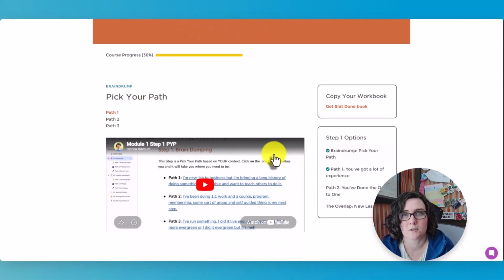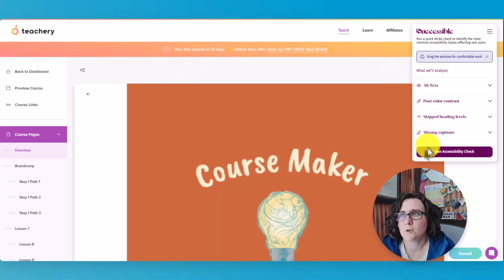And the learning resources are only in that first path. So if they didn't do it here, they're going to have to come back to do it. I wasn't able to put this in all of the other lessons. So we fail here. All right, so now I'm going to run Successible on